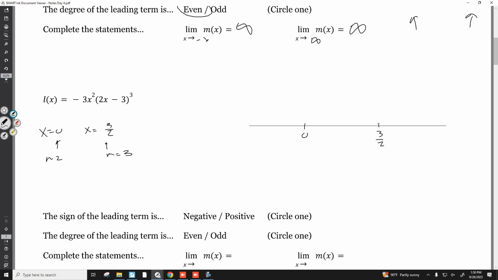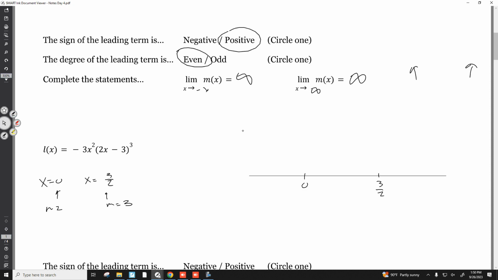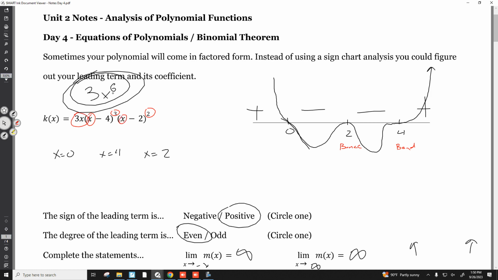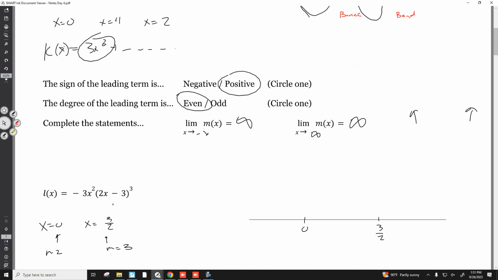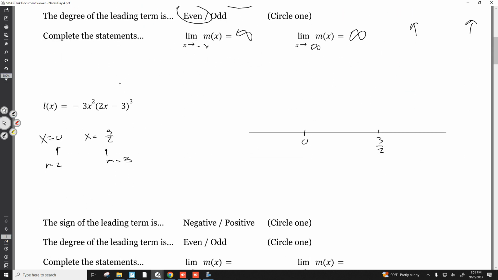Let's see. No. I want, what is, like I said up here, 3x to the 6. 3x, x cubed, x squared. 3x to the 6 is the first term of kx. Kx is 3x to the 6 plus a bunch of other stuff. I want you to tell me, what is the first term of this polynomial? I want you to all make the mistake that you're making,